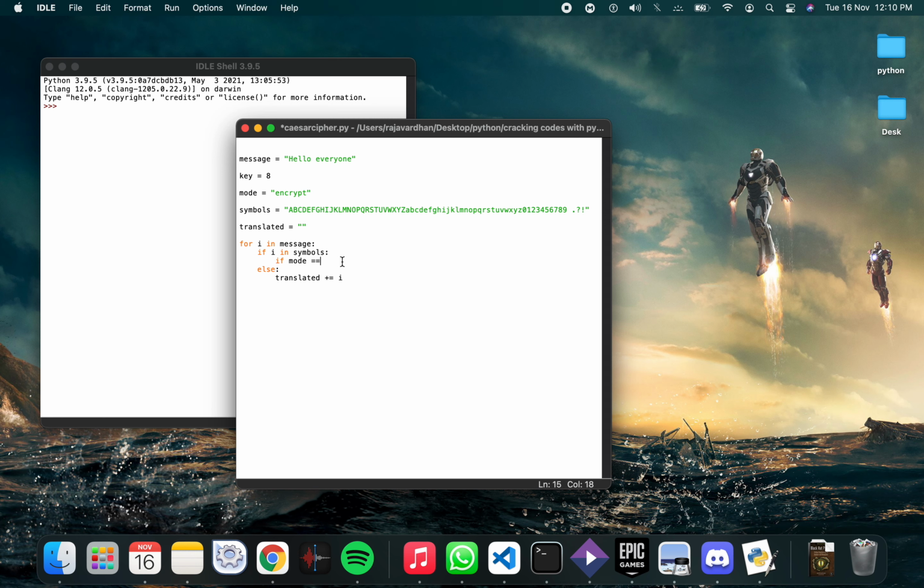If mode is equal to encrypt, then first I will find the symbol index. Symbol index is equal to symbols dot find of the symbol. Now if it is encrypt, then I will add the key.